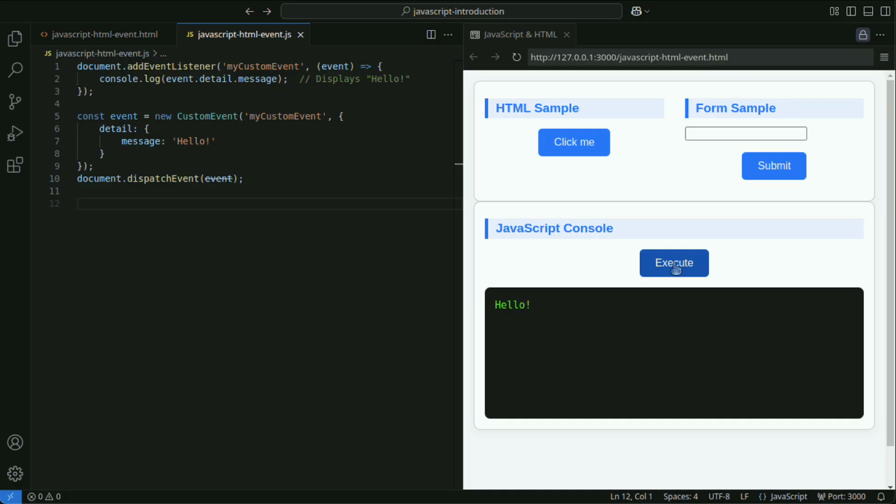Event handling is an essential element for enhancing the interactivity of web applications. By utilizing the components of event handling, you can provide a more flexible and sophisticated user experience.